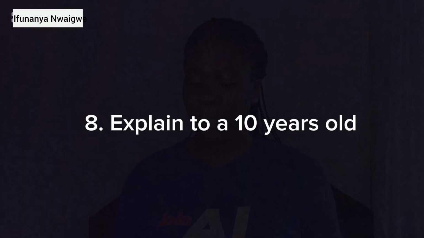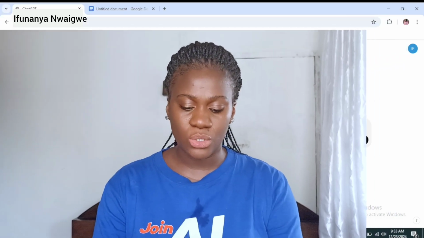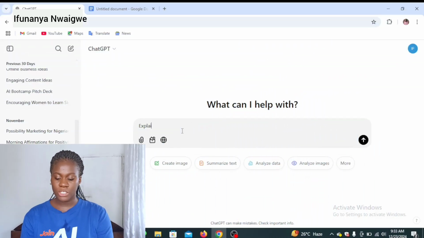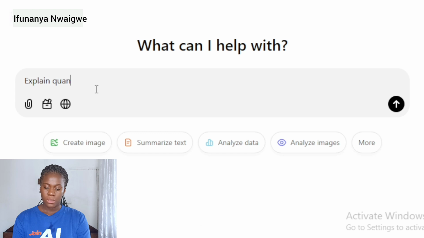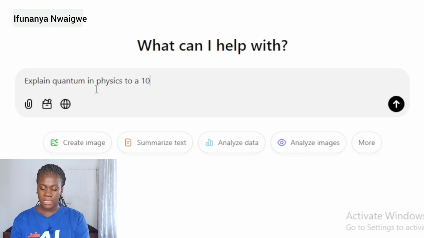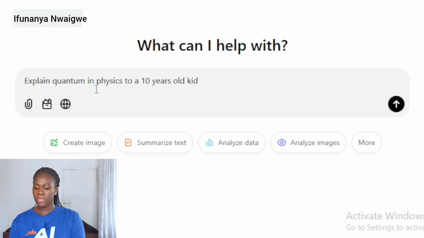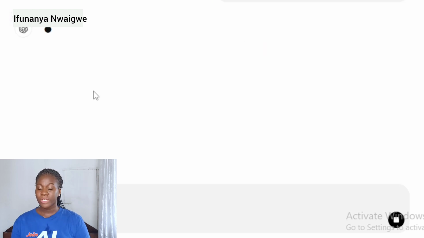The 8th hack I have for you is to ask ChatGPT to explain something to a 10-year-old child. Okay, maybe we are going to ask ChatGPT to explain quantum physics to a 10-year-old child, because you know that thing is just something else. So I'm going to be asking ChatGPT to explain quantum in physics to a 10 years old kid. Okay, and then we hit on enter so that ChatGPT will explain quantum physics to a 10 years